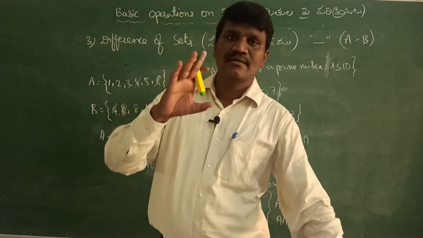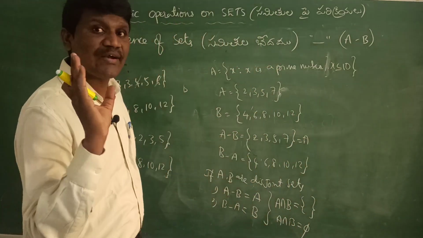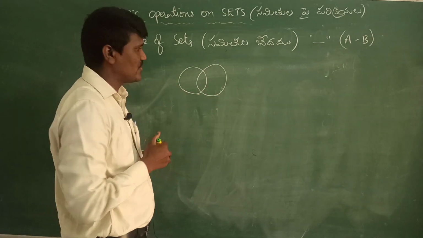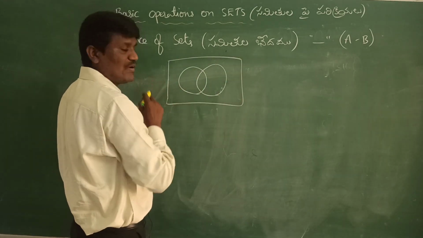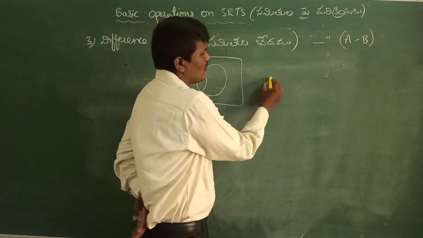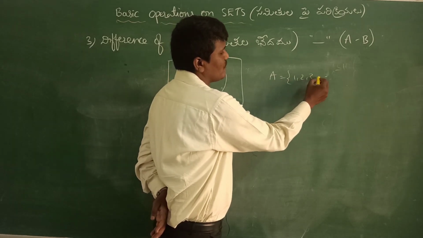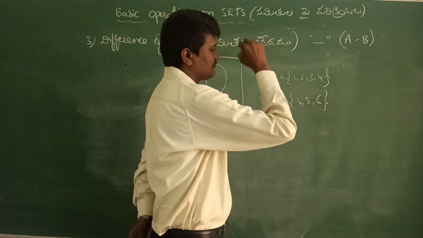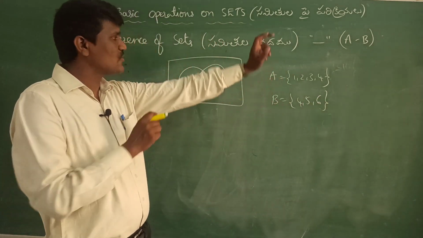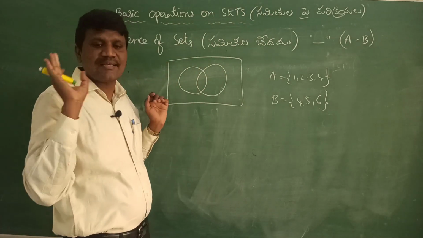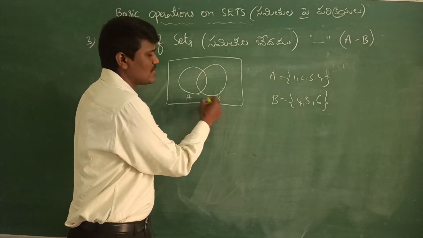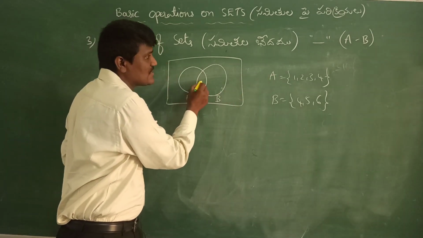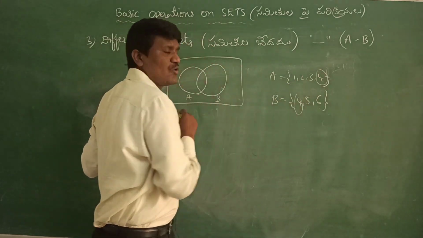Now let us see how to write Venn diagrams of this. We know that, this is the way, A and B, same thing. Generally we'll take it in a rectangle box. Now suppose I am taking A is equal to 1 2 3 4 and B is equal to 4 5 6, same example. Then what is A minus B? So this is A and this is B. First thing is you need to represent elements in a set. So representing the set, what is the common element? We need to check. Common is 4. So write here.